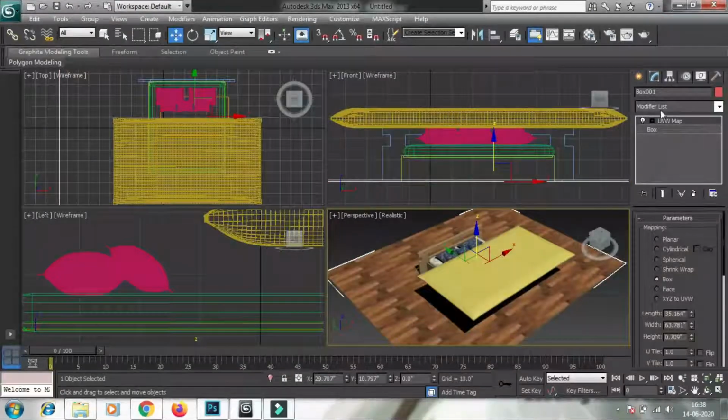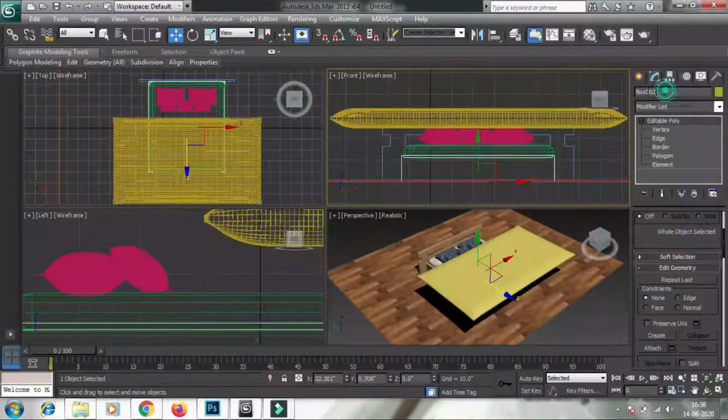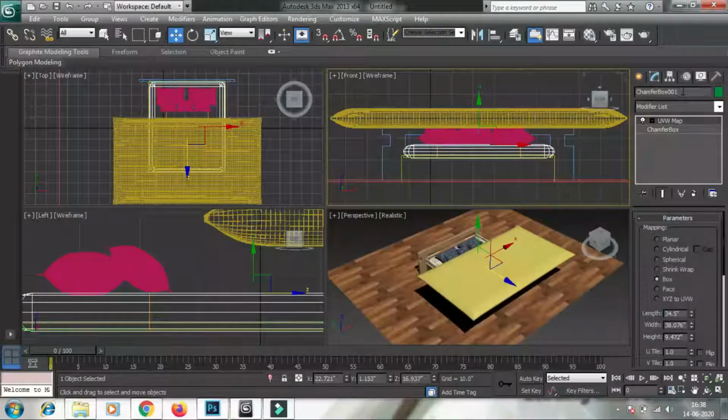This is box 1, so let me rename it. This is floor, then this one is bed, so I'm renaming it so that it would be easy for me to select the object. And this is mattress. The pillows are not coming under the bed sheet, so I'm not going to include those objects.